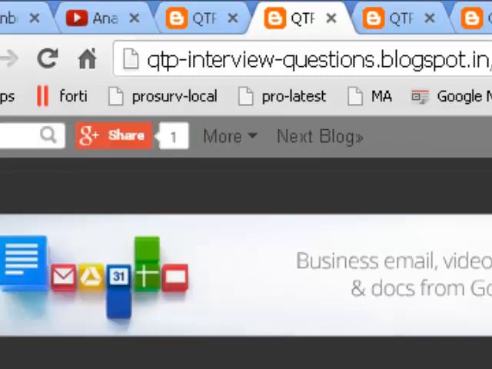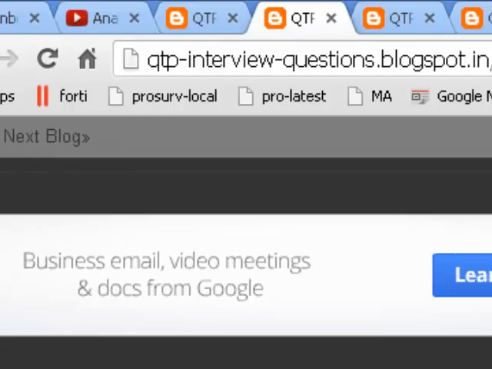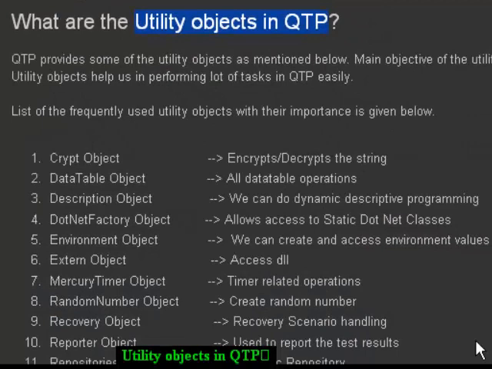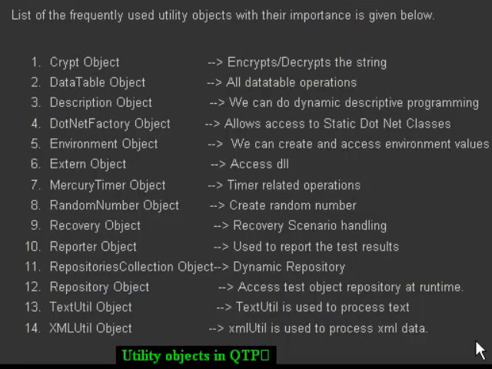In this video, I'm going to show you how you can create the utility objects. What are the different utility objects in QTP? So we have a lot of utility objects that are available in QTP that provide a specific functionality. For example, we have the Crypt object that can be used to encrypt or decrypt the passwords